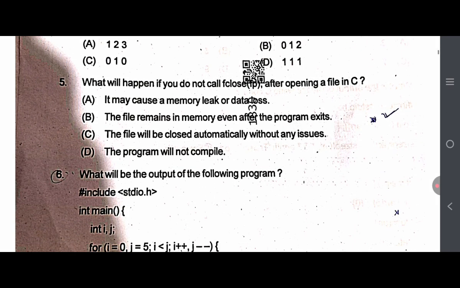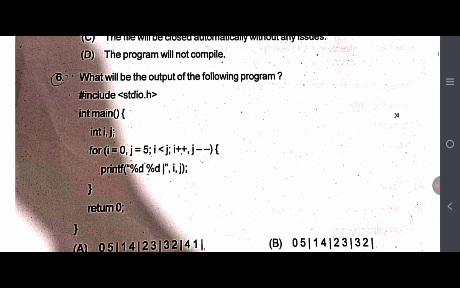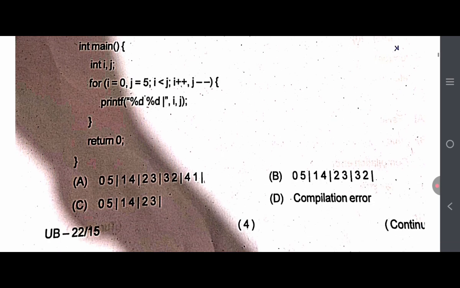Question number 5. What will happen if you do not call fclose(fp) after opening a file in C? The correct answer will be option B, the file remains in memory even after the program exits. Question number 6. What will be the output of the following program? The correct answer will be option A,